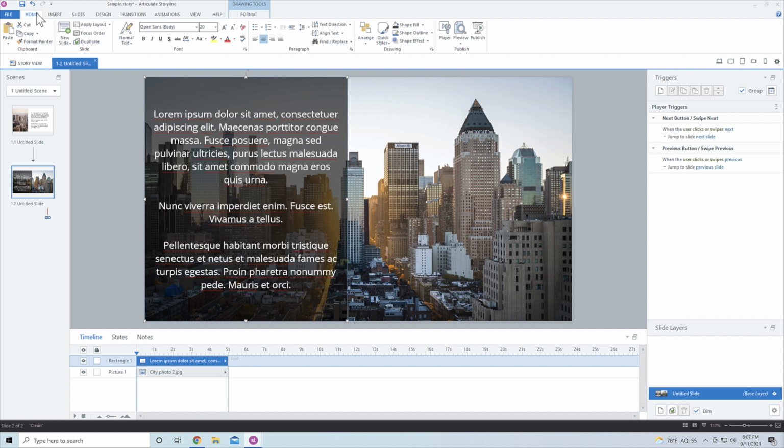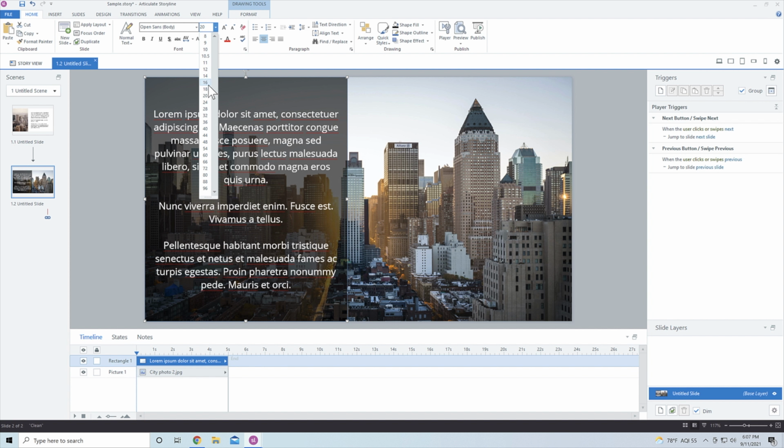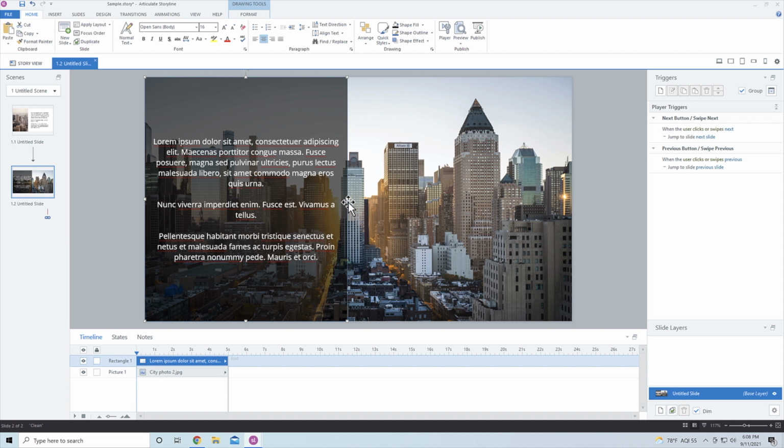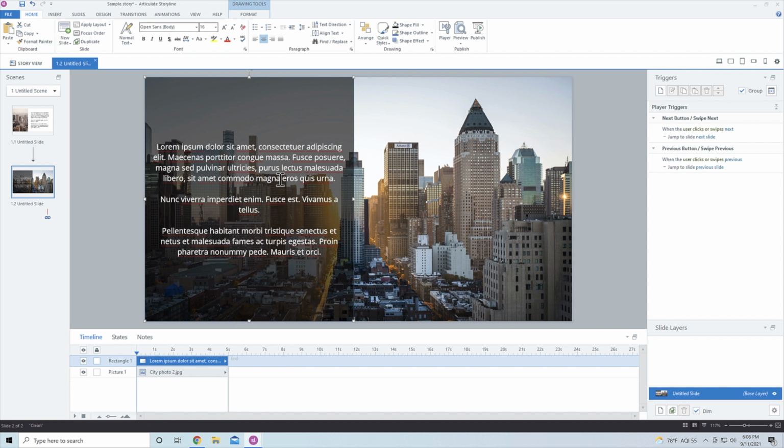All right, so coming back into the Home tab, let's go ahead and change the font size. I don't really like the font size that large. I'm going to make it a little bit smaller. Now, keep in mind with text readers or accessibility, you don't want to go too small with the text. The text readers will read the text regardless, but you don't want to go too small for anyone that has visual impairments or anything like that. So, all right, I'm going to make sure that this is more centered in the screen there. And you can see that's looking good.